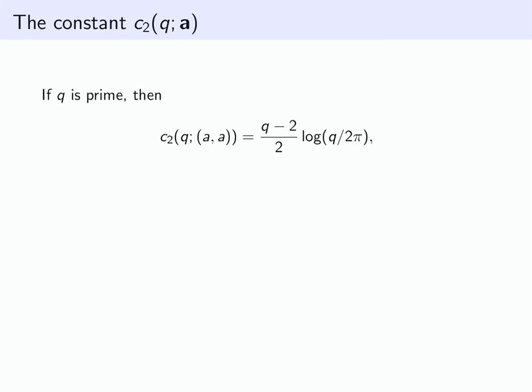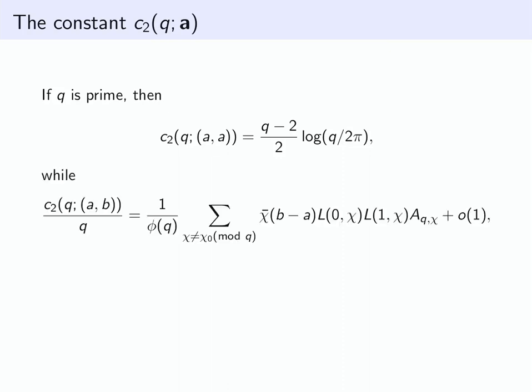If Q is prime, then it turns out you have a very nice expression for how the diagonal patterns should behave. And it's just of this form. Basically what I want you to see here is that this is of size Q log Q. On the other hand, it turns out that the non-diagonal patterns are given by a much uglier expression,